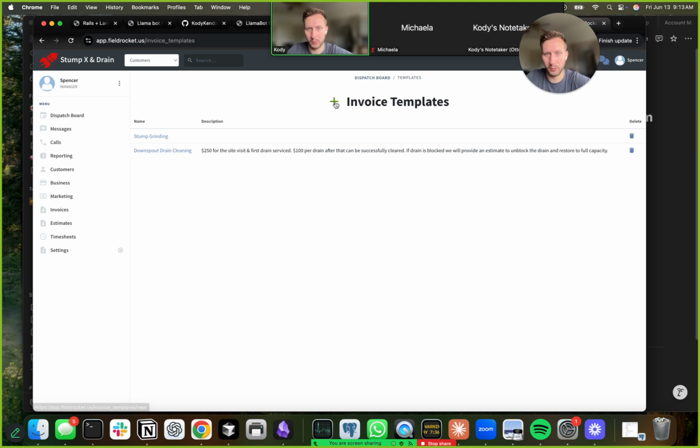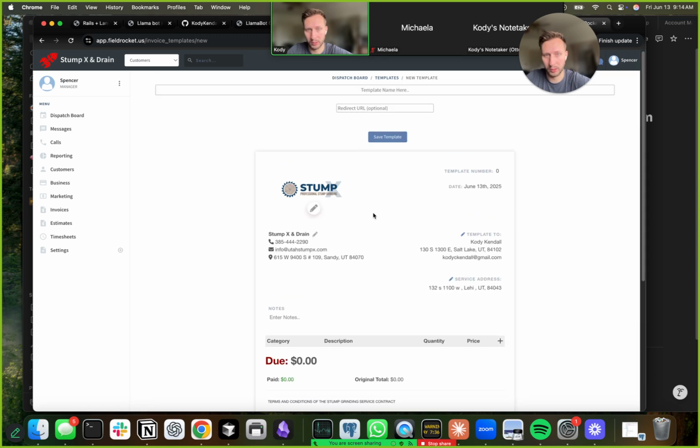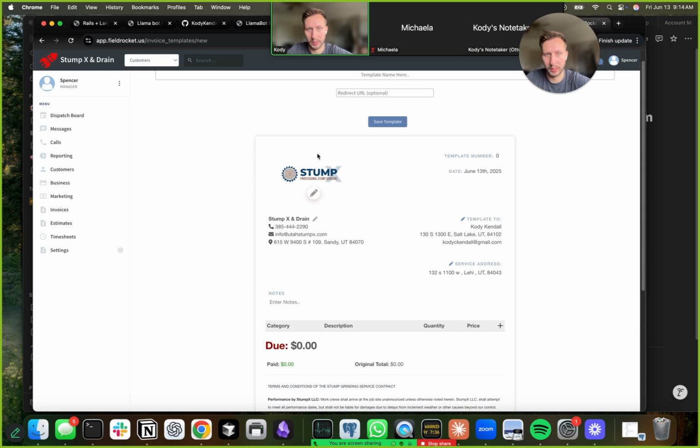So you can create invoice templates, and when the user is creating an invoice, they can select these templates and it will automatically fill it with certain information. So in this case, we have this downspout drain cleaning. If you're creating a brand new one, you would click this plus button, and when you're in this page where